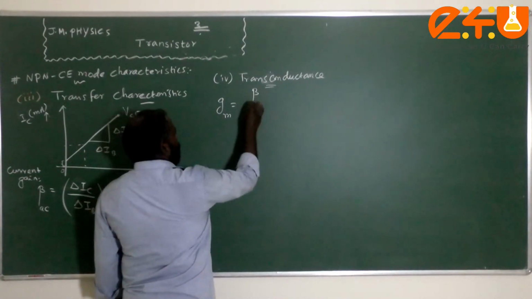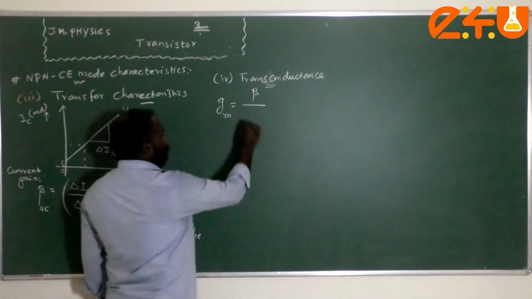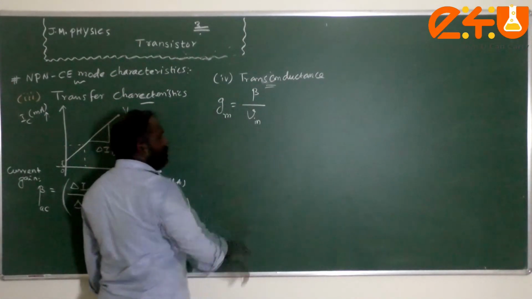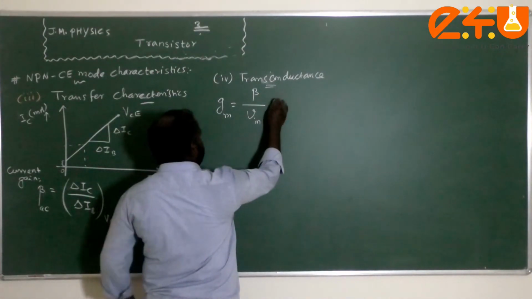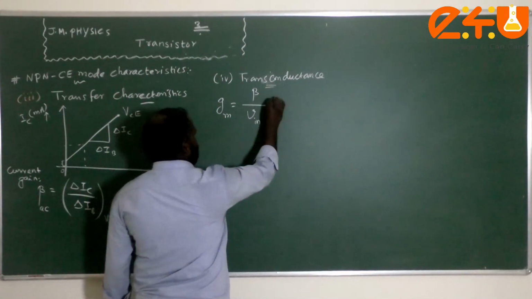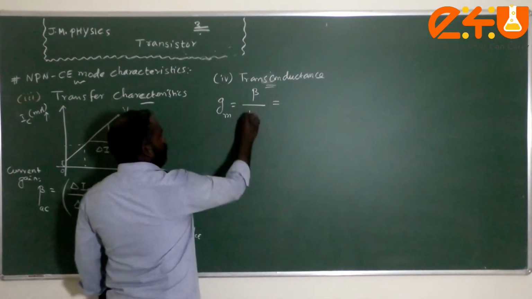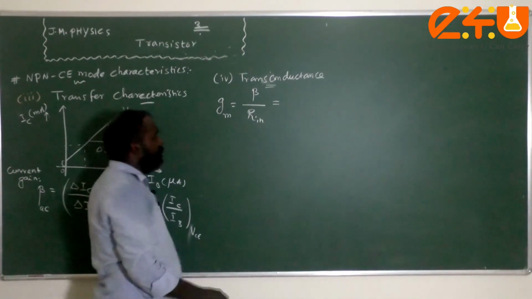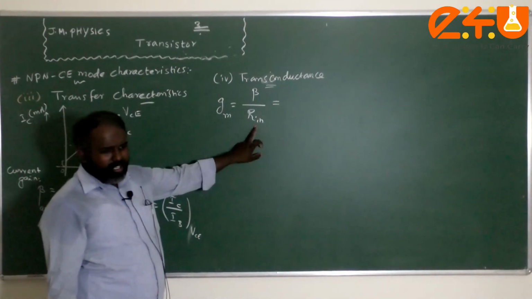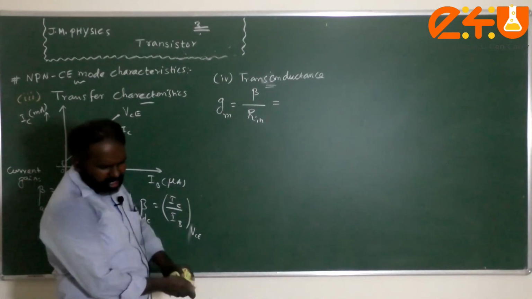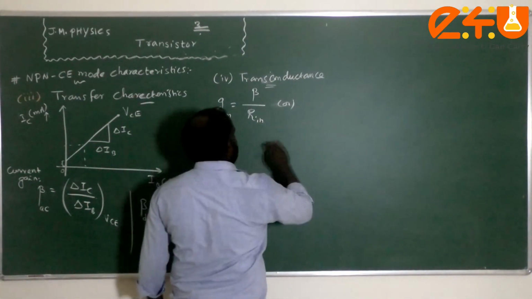current gain by input voltage. We know that the same can be written as current gain divided by input resistance, I am sorry. So the transconductance is current gain by input resistance. Or the same can be written as